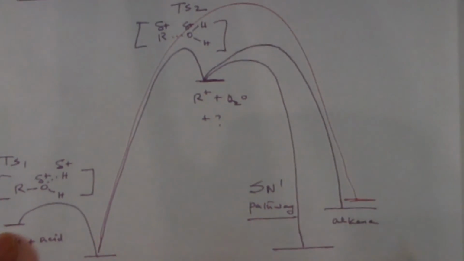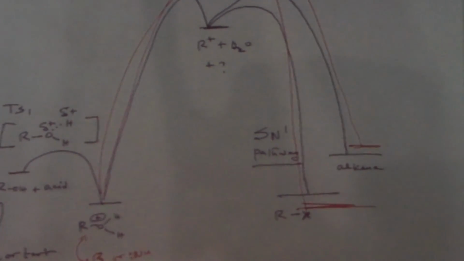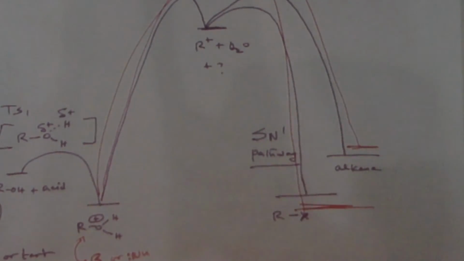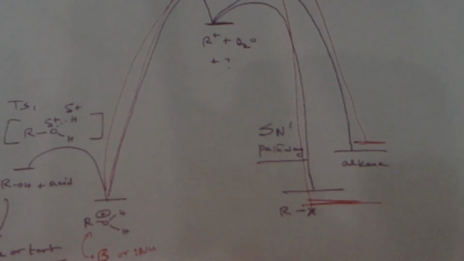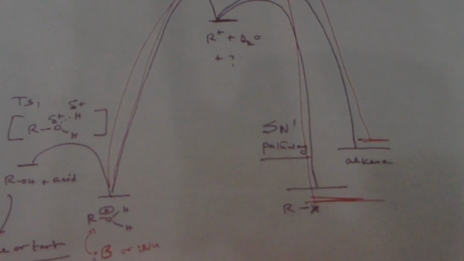Either one of them can attack and essentially carry out the rest of the reaction, and even though that is higher than this, it still can go in one step to the product of either alkene or to the product here. So that is really the fundamental difference between the two types of reaction, SN1, E1 versus SN2 and E2 reaction. And you can combine all of them. You need to remember what is very important is the